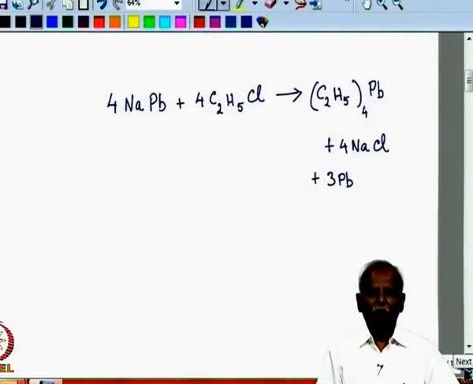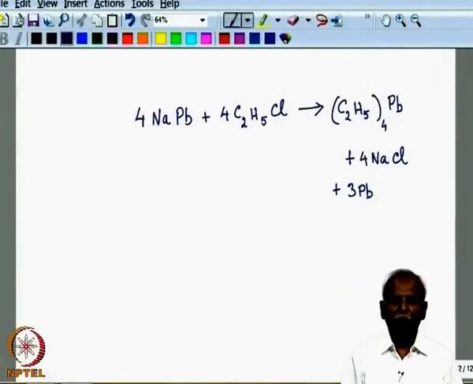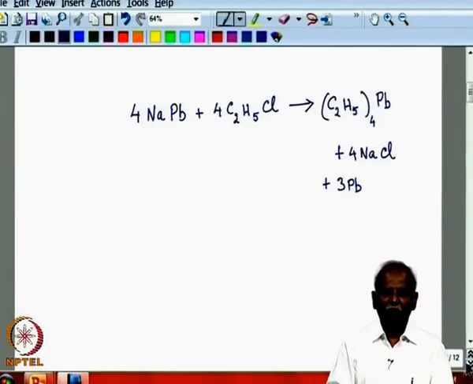There is a different method that we can use in order to activate the metal. As I told you earlier, it is important to use a very reactive metal. In the earlier instance, we used magnesium, and that is a very reactive metal. We can also use an alloy or a metal that will promote this reaction, but not itself participate in the reaction. One very good example is the alloy that is formed between sodium and lead. So, sodium and lead form an alloy which is NaPb, and this